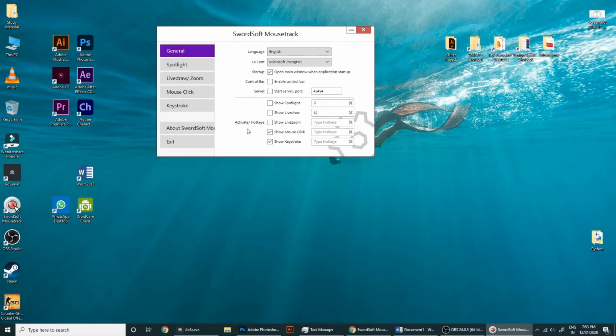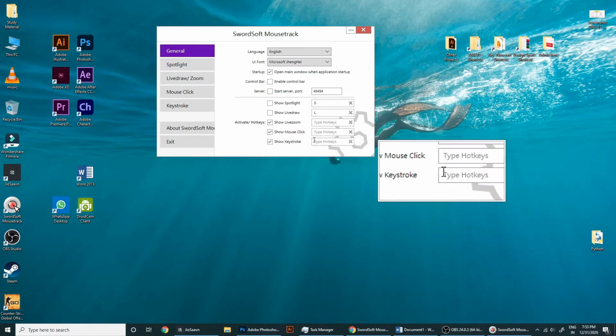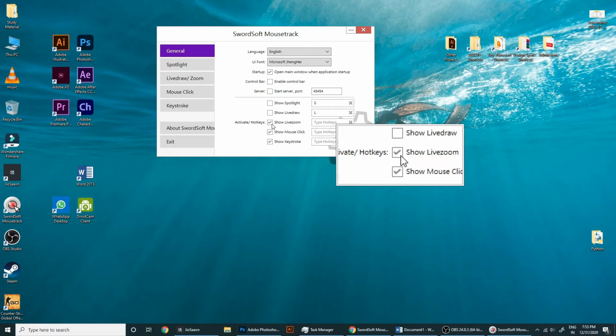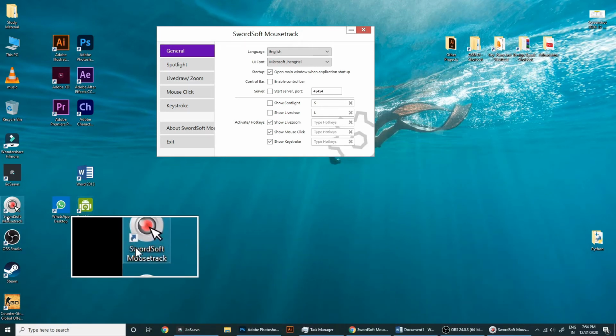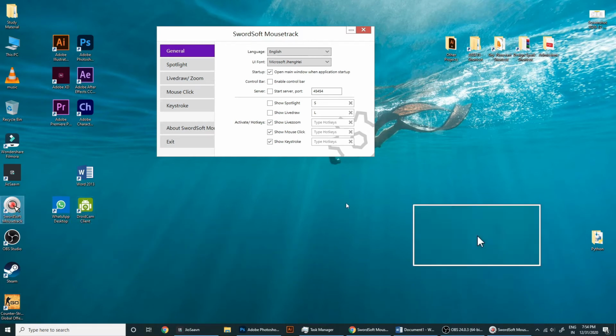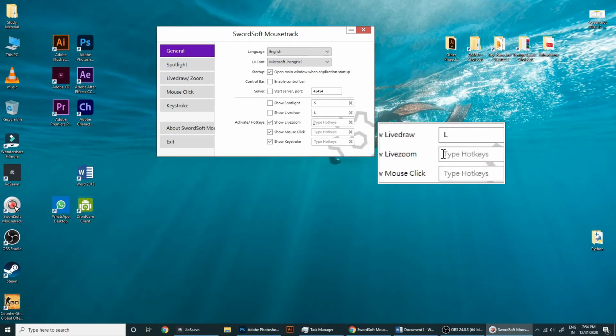Let's see what this show live zoom is. As you can see by the name, if you are demonstrating very small things, this can be helpful there. So you can toggle this by any shortcut and this window will follow your cursor. Similarly, let's assign a shortcut to this as well.